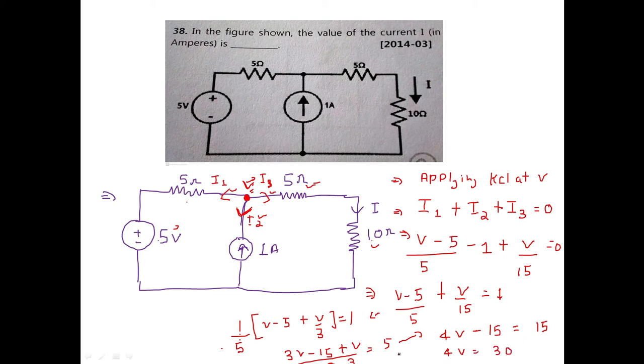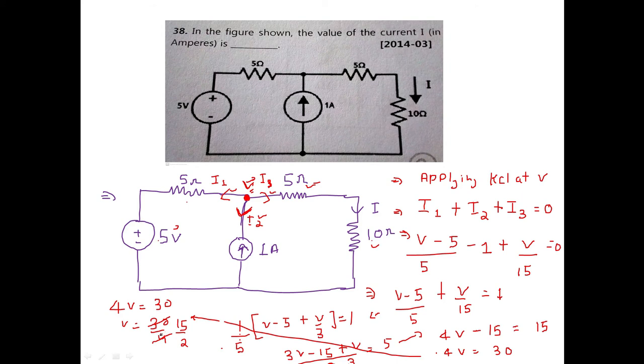And if we solve here, 4V is equal to 30. So V is equal to 30 by 4. Now if you solve it, V is equal to 30 by 4, what you got? If we further simplify it, 15 by 2, that is 2 to 4, 2 15. So V is equal to 15 by 2 volt.